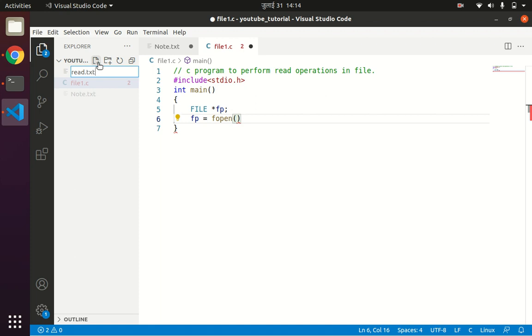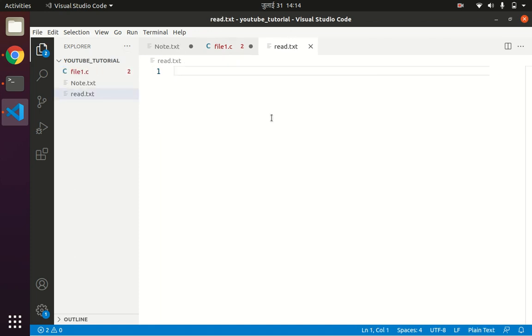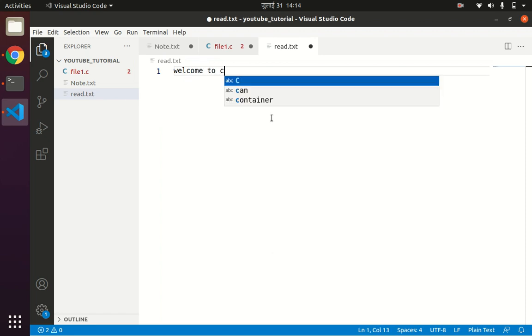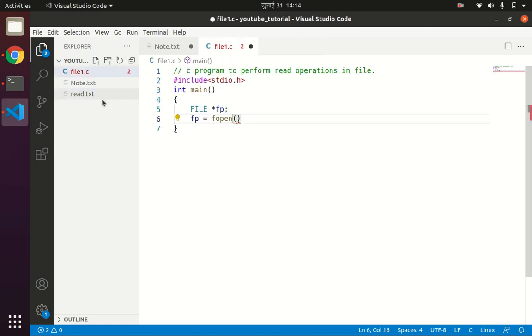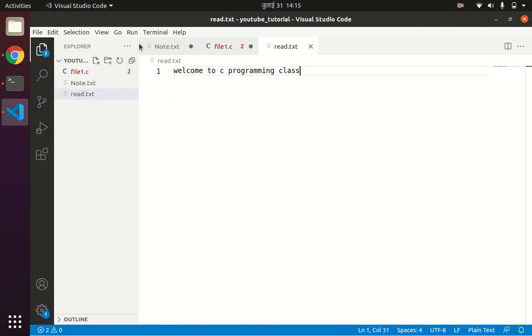In the read.txt, we have some text like "welcome to C programming class". Let us say I am trying to read the content of this read.txt file in file1.c.